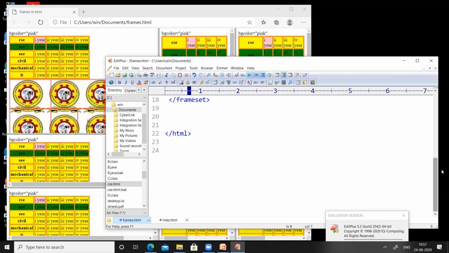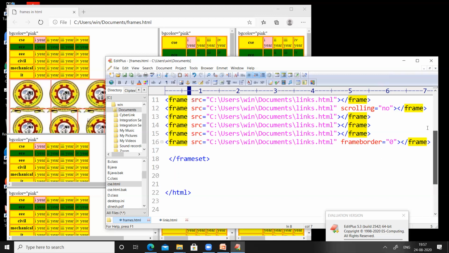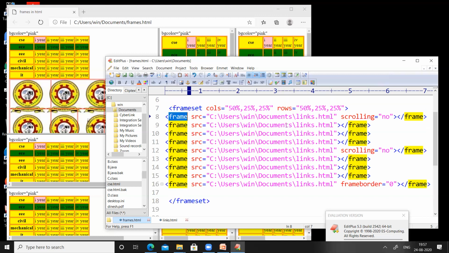Don't confuse it with the links.html program. In the previous class, we worked with tables. We created a table, table data, table header, and table row, and we changed the background color by using bgcolor, and we inserted a background image by using the background attribute. We merged the columns by using colspan, and we merged the rows by using rowspan in the table.